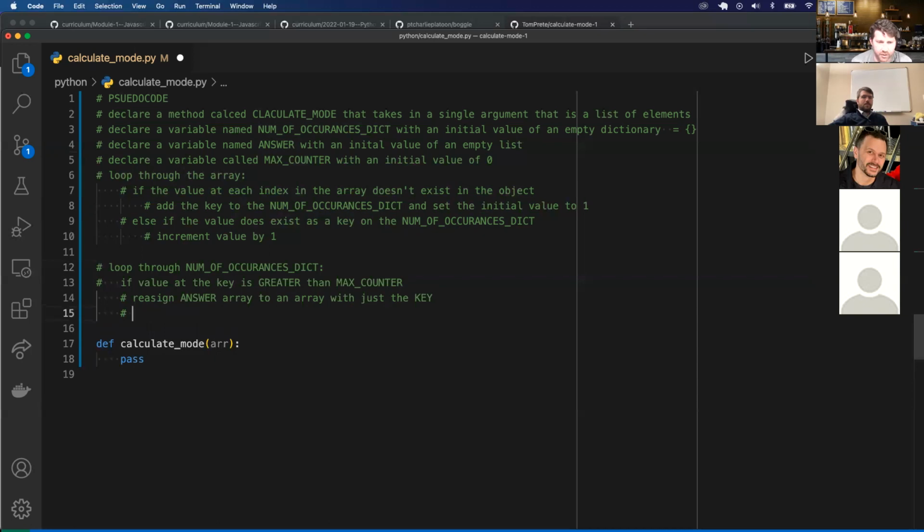Then I can also reassign the max counter to the value of that key, which is the number of occurrences. So if the value, slash number of occurrences, at that key or element, whatever you want to call it,